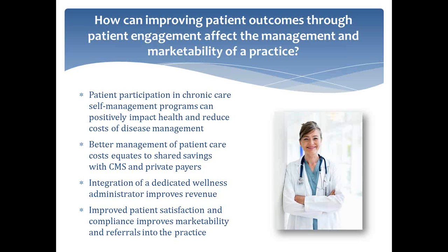Yeah, so the silver lining really is that, ultimately and ideally, this is the way that practices should be practicing medicine, and I think it's the way that doctors want to be practicing medicine, but due to the burdens of managing a practice, a lot of times there's just not enough time in the day. So if you set yourself up right to manage this properly, it will actually generate revenue, it will improve patient outcomes, it will increase referrals to the practice, it will enhance that marketability when it's time to retire or sell